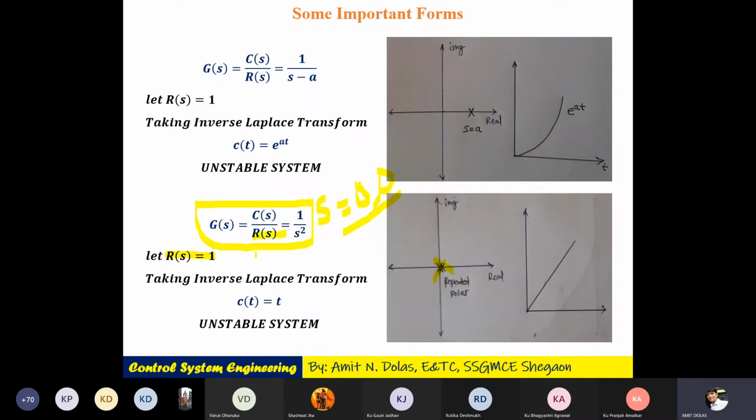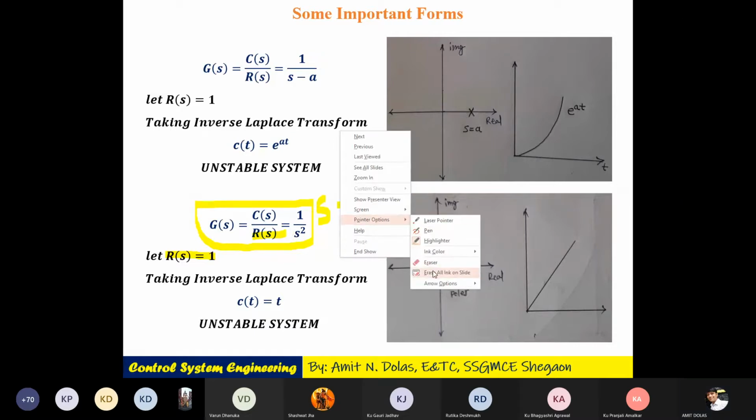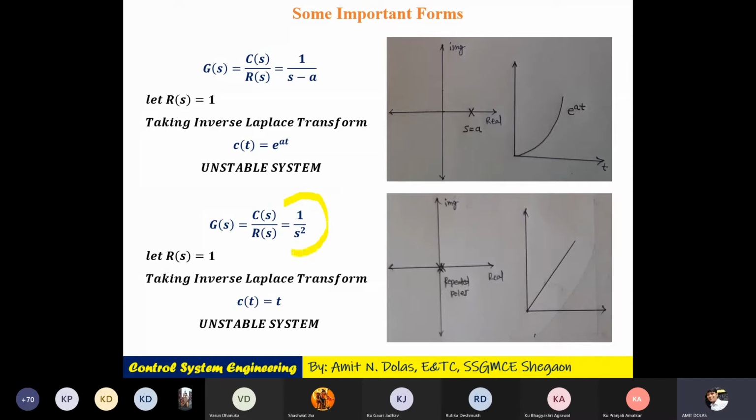So your G of s is equal to C of s is equal to 1 by s square. And if you see the inverse Laplace transform of 1 by s square, it is equal to t. So taking the inverse Laplace, I get the output response in the time domain, C of t is equal to t. Now how do we plot t? If t is 0 it is 0, if t is 1 the signal will be 1, t is equal to 2 then it will be 2, and as t goes to infinity, your signal will go to infinity. So you can see it is rising up towards infinity.